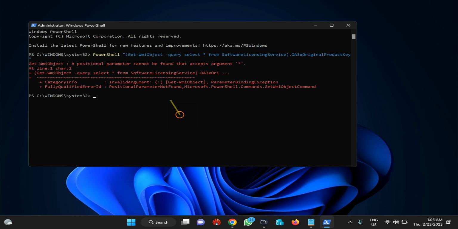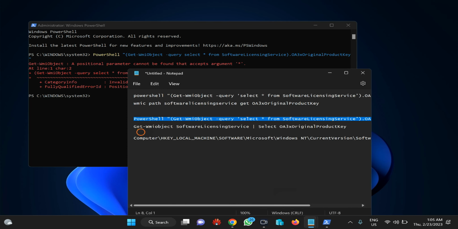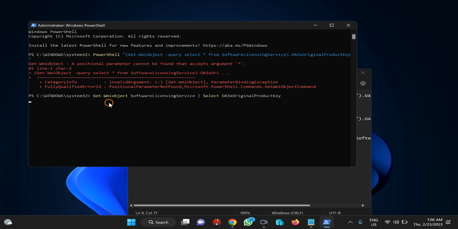In case the first command does not work for you, then you can use this next command. Just copy and paste and press enter on the keyboard to view Windows 11 or 10 product key.